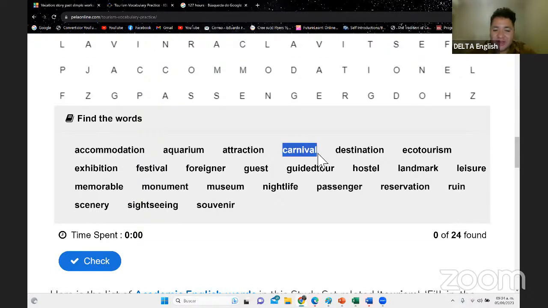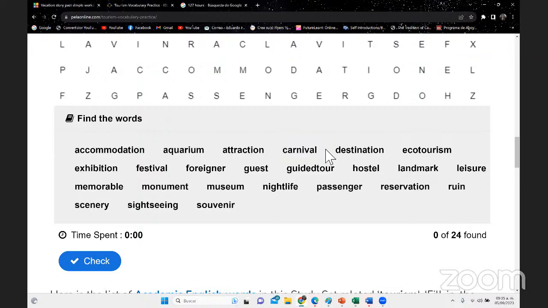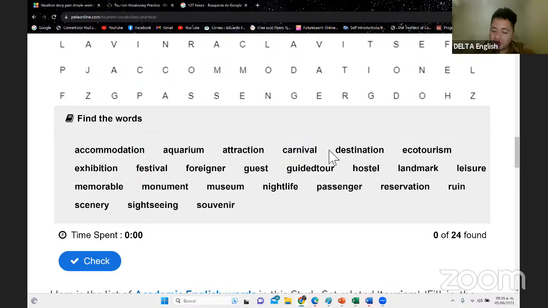Okay, the next one is carnival. A carnival could be like those from Brazil, in Italy or Spain. There are also carnivals. Do you like carnivals? Yes. I think they show a lot about the culture